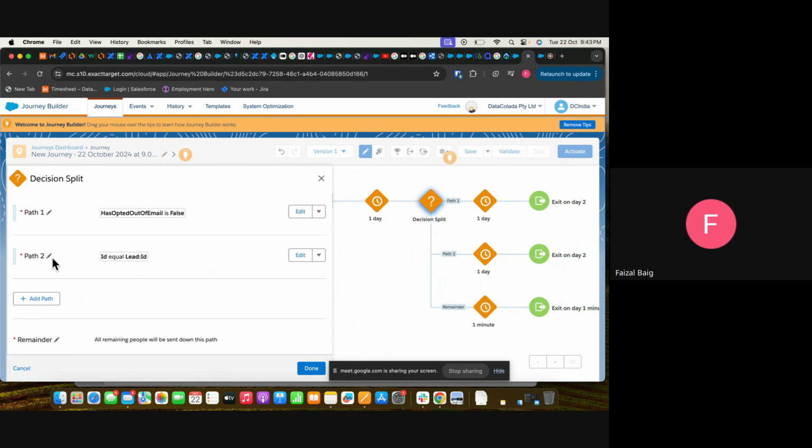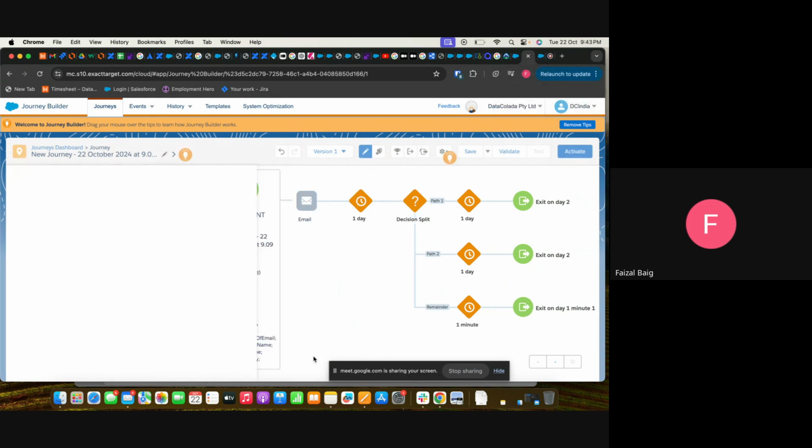If that is equal, then it should go to our next path and vice versa. Whatever we are showing here is just to show you what is contact data and what is journey data. Okay, understood? Yeah.